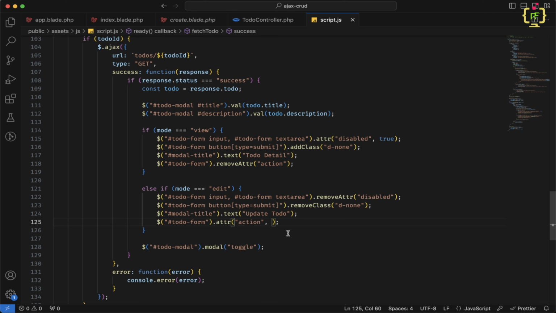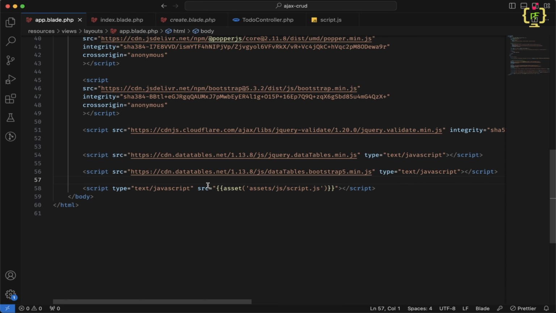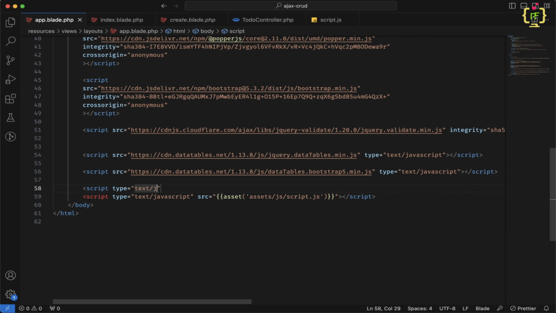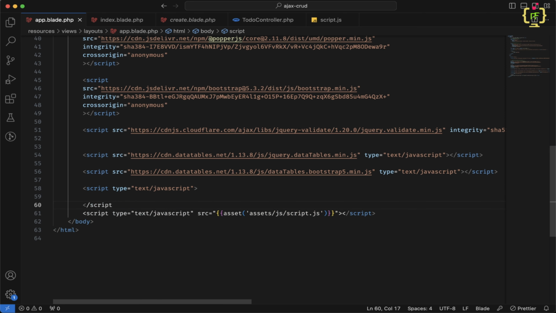Okay, so for passing this form action we require the application base URL, which we can get from the Laravel helper function itself. So for getting this base URL we will be using the Laravel URL helper function, but in this external script.js file we cannot use Laravel helper functions. So what we can do, inside this app blade, this is our master blade file, before this custom script, I will create one script tag with type equals text/javascript, and inside this script I will define one variable as const baseURL equals, and here I will use the Laravel helper